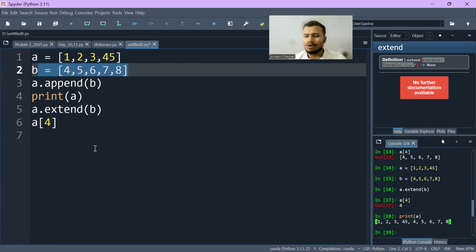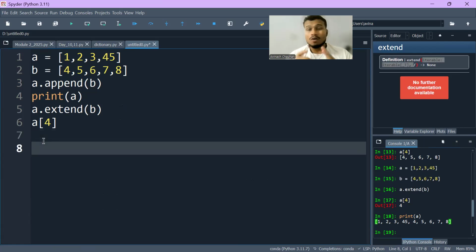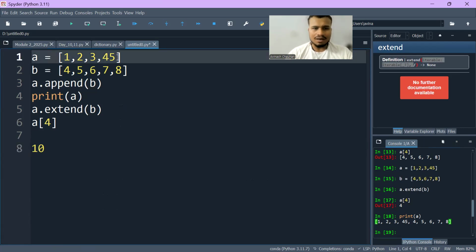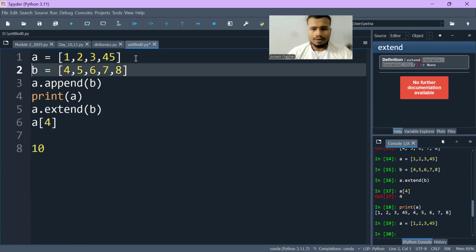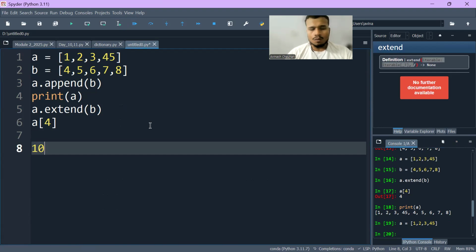And now we will move on to the next function. The next function is for when we want to insert any value at a particular index location. So what is the code for that? How will we insert certain things inside it? For example, if I want to insert a value of 10 in list A, and I execute this line of code, so what will be the